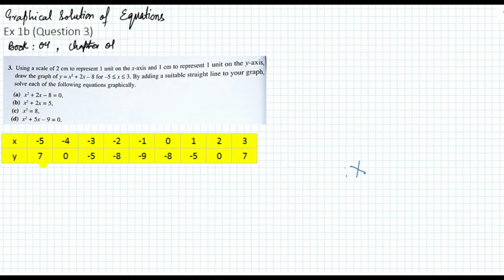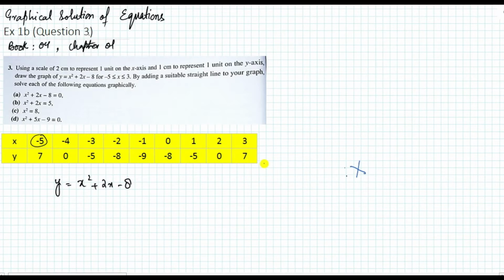Similarly, I have substituted these x values in the given function y = x² + 2x − 8. One by one I substituted these x values in this function and I have got these y values. Now with the help of these x and y values we will plot the graph. The scale of the graph is already given in the question. So on the x-axis we will take 2 cm to represent 1 unit and on the y-axis we will take 1 cm